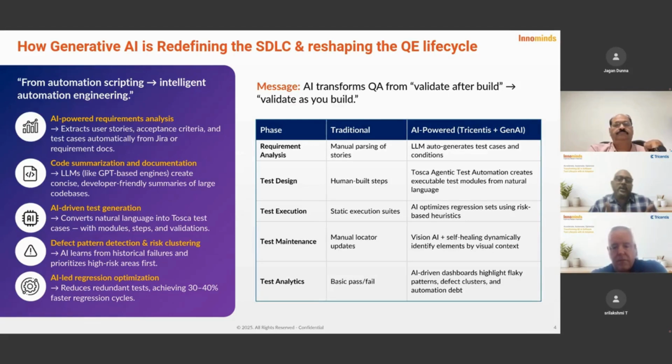If you have well-written or sometimes ambiguous requirements, you take those requirements, user stories or acceptance criteria from Jira, and then using the agentic AI feature or the features provided by Tosca, you can create a nice prompt and ask the system to generate the test cases. That's where AI would be helpful in the requirement analysis phase.